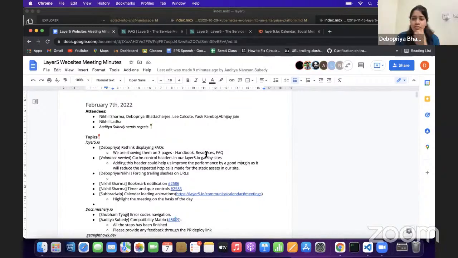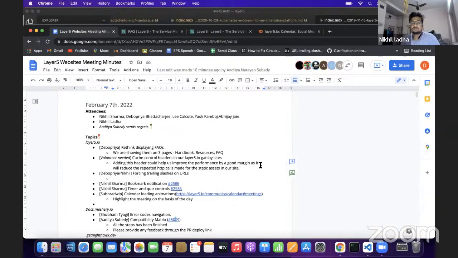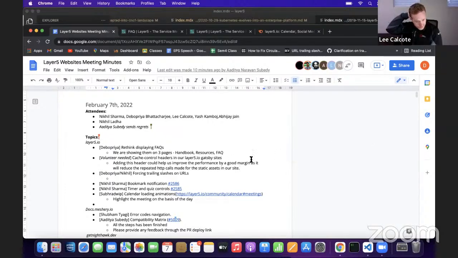I was looking into this a little bit, and one thing I saw was using the .htaccess file, which comes in if we are using an Apache server, but I don't think we are using one. So that won't help us. That's the issue.